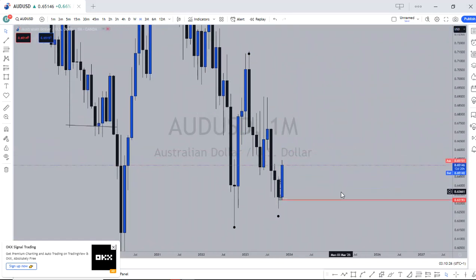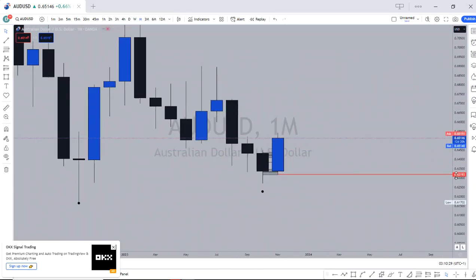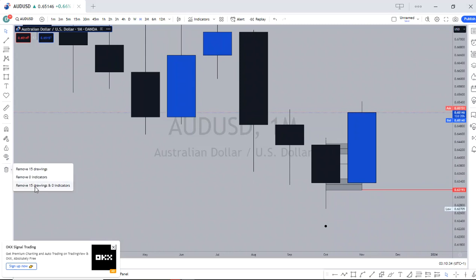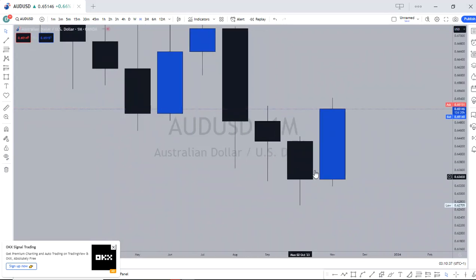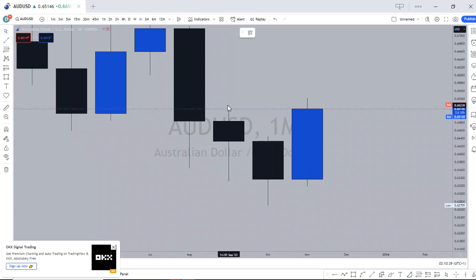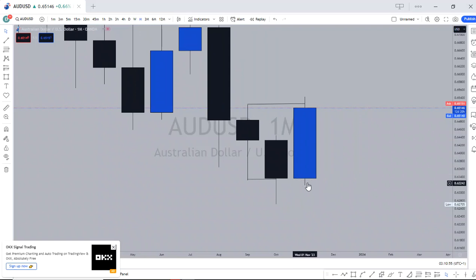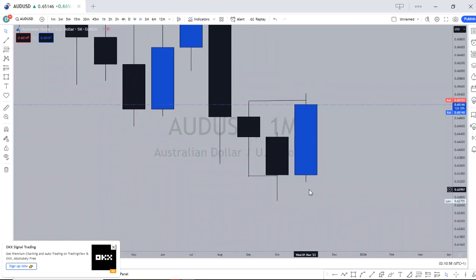Now I paid attention to my candlesticks. I pay attention to what the current market is doing. If you pay attention, you can actually see what happened right here, and we have a range highs and lows. We have this previous month's high right here, and then we have this previous month low. You can see how the previous month low was hunted, right? And then this current month opened, failed to go lower. Now we are paying attention to this previous month right here, and that is the month of October, right?